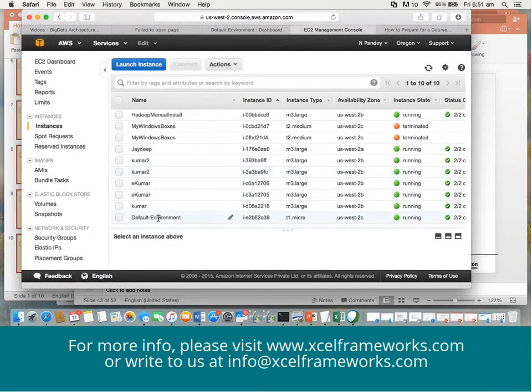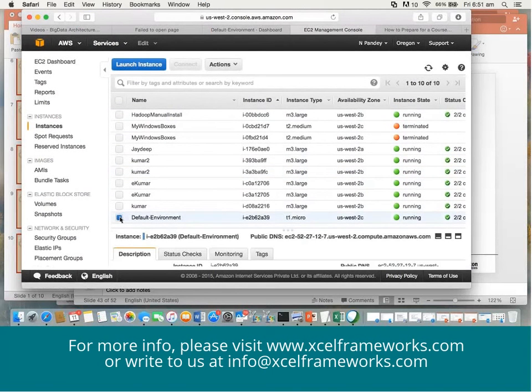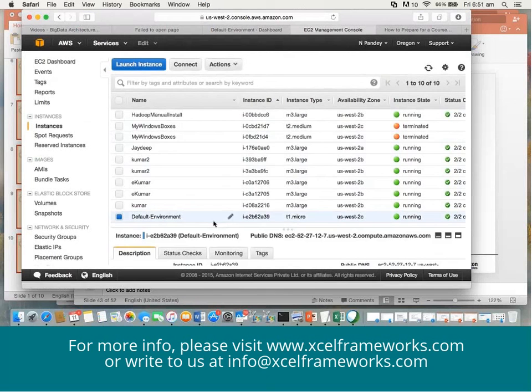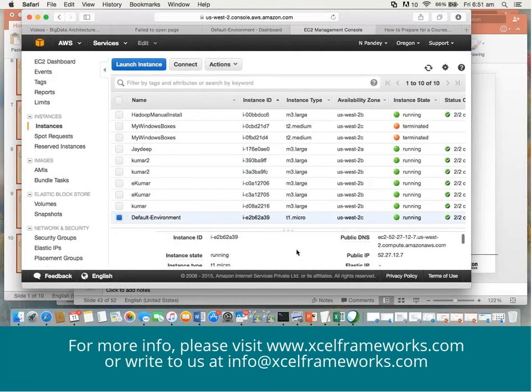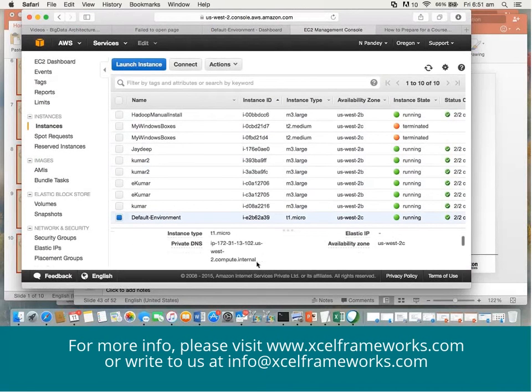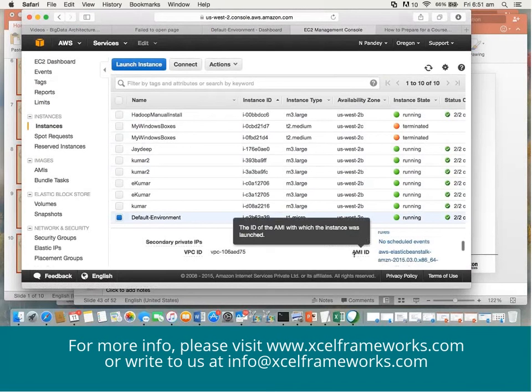And this is the name of the instance. I'll check it out. What is the IP? IP is this, right? And if you see, the security group is the AWS update stack, which is created automatically. And it contains what? AMI ID is Elastic Beanstalk.